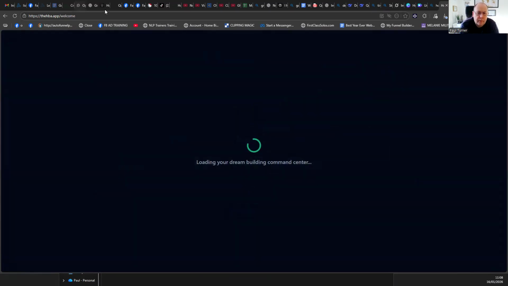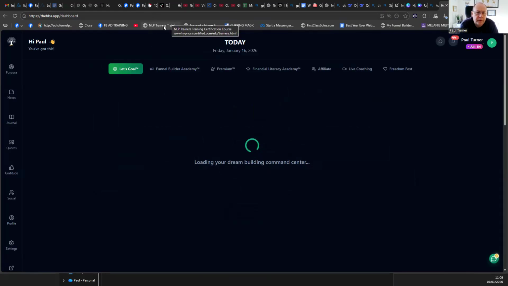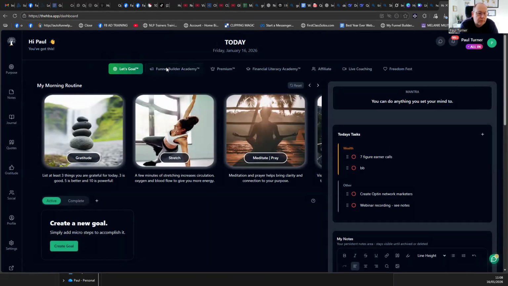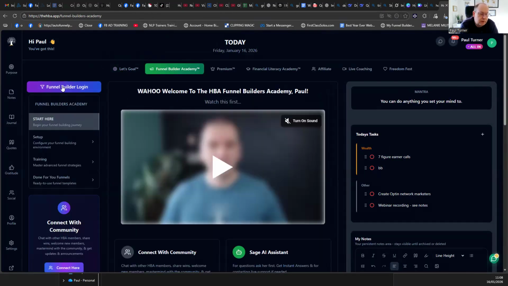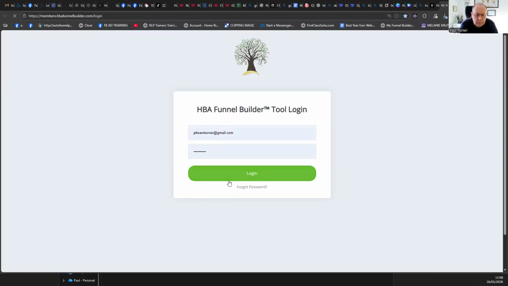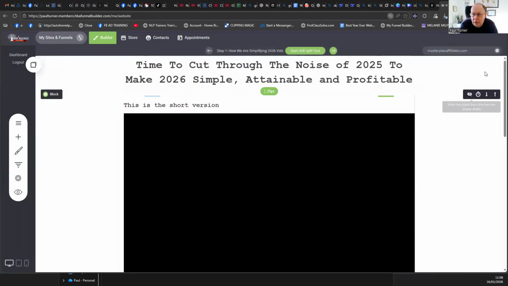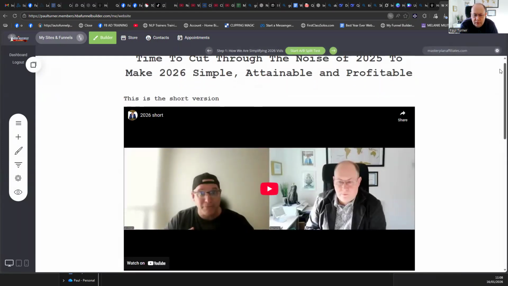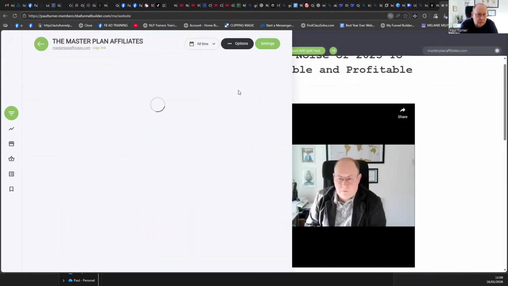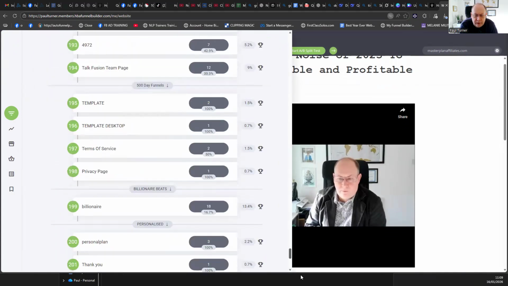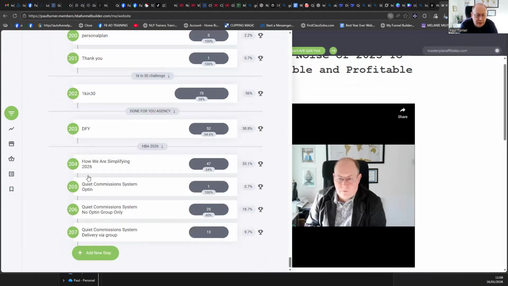Right, so I'll show you the page that we've got. Funnel builder login. So for my ebook, I created my page and we're going to make this shareable. It's not there yet, but we're going to make this shareable, right? So I've got one where they have to opt in.